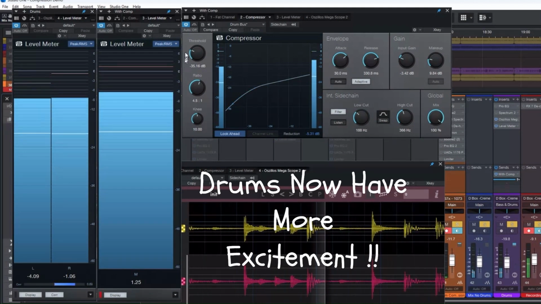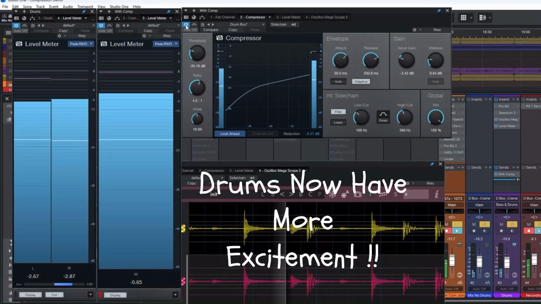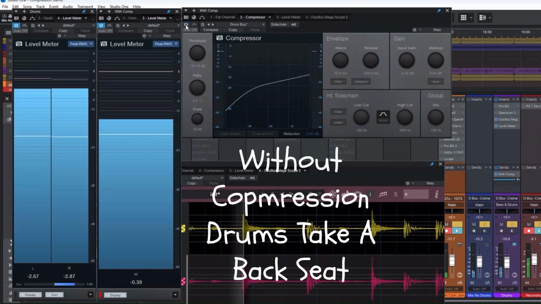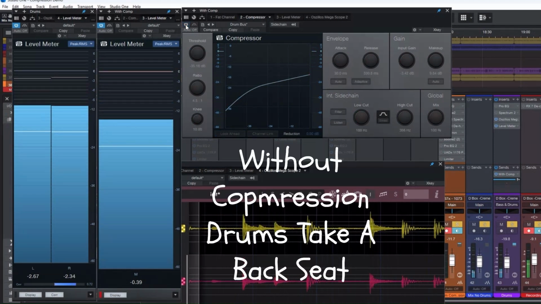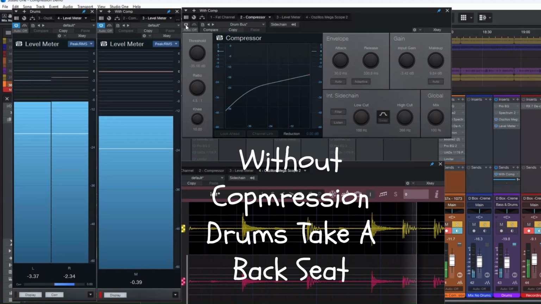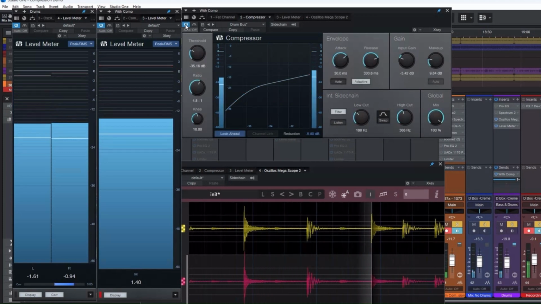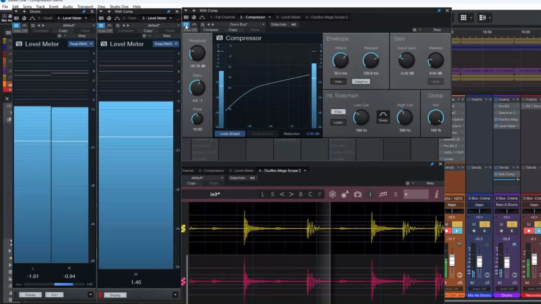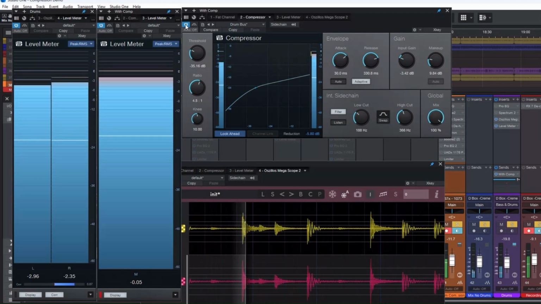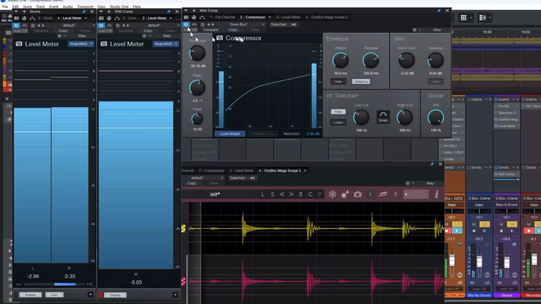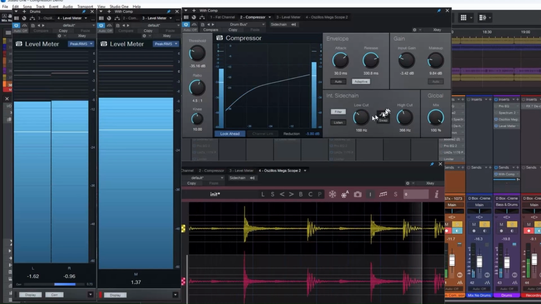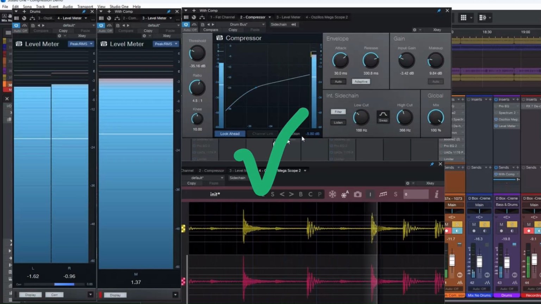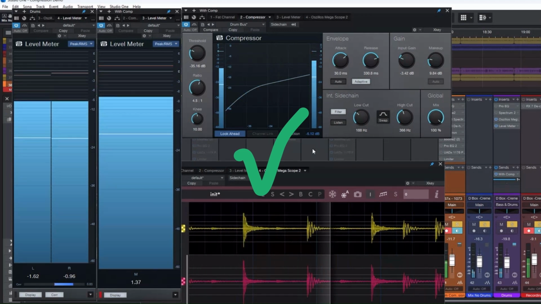I'll turn the compressor off. Back on. I like what we've done here. The kick's got more meat to it, and we're hearing more of the snap of that snare up there. So I think we've accomplished the goal. We'll shut this off,